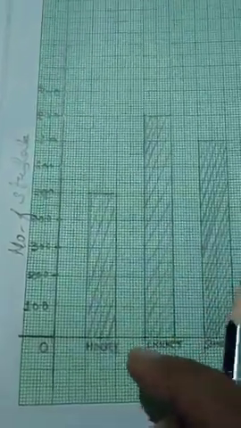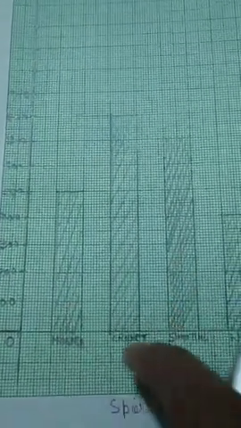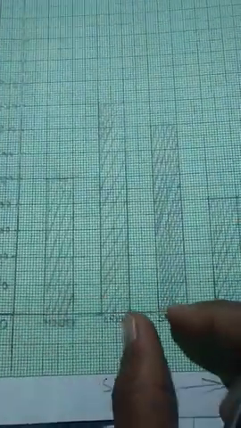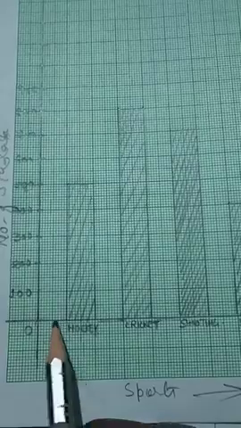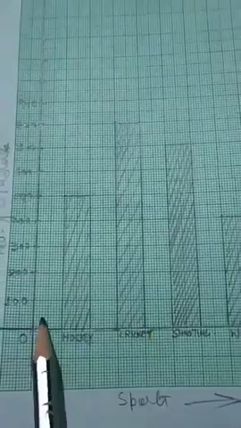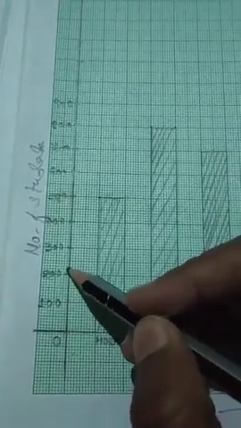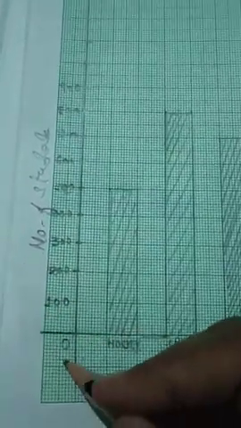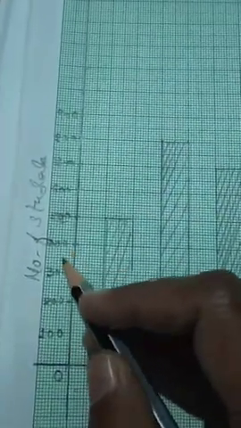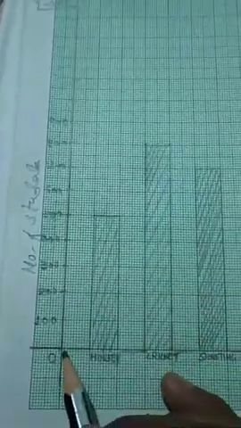You have to keep one thing in mind: between every rectangular bar the space should be equal. You can see I have taken one box only gap. You cannot do it like first you take one box, then another time you take two boxes. No, this will be wrong. Equal gaps you have to maintain while drawing the graph. Here also I have taken equal scaling: 100, 100, 100 gaps. If you start 0 to 100, that means 100 gap. So between each scaling there should be a 100 numbers gap. If you start with 50, then there will be 50 gaps.